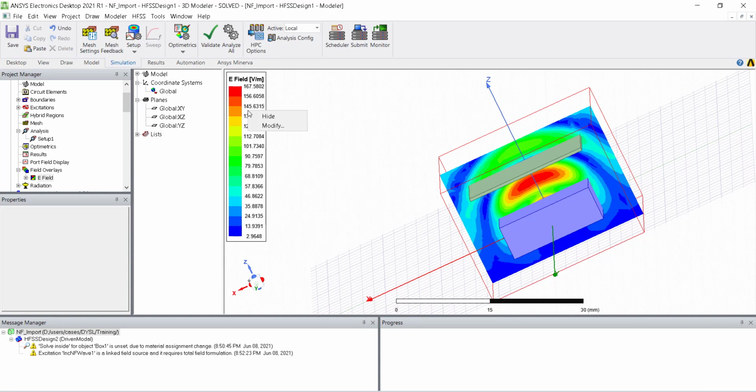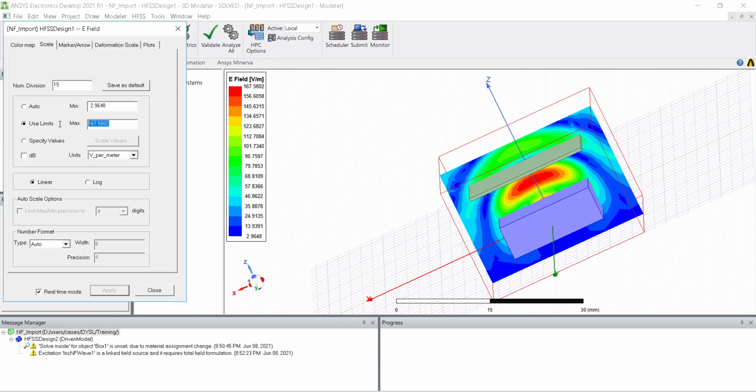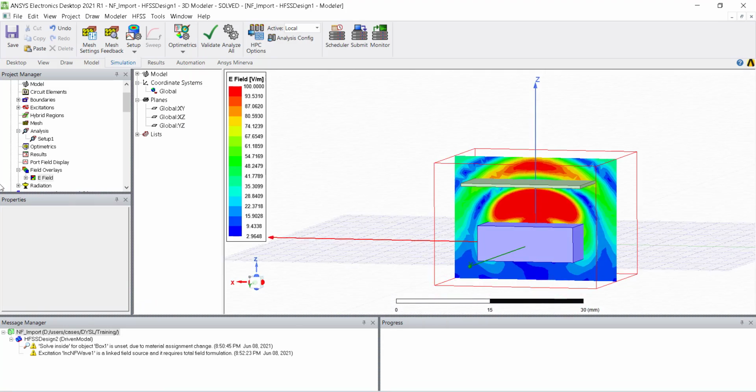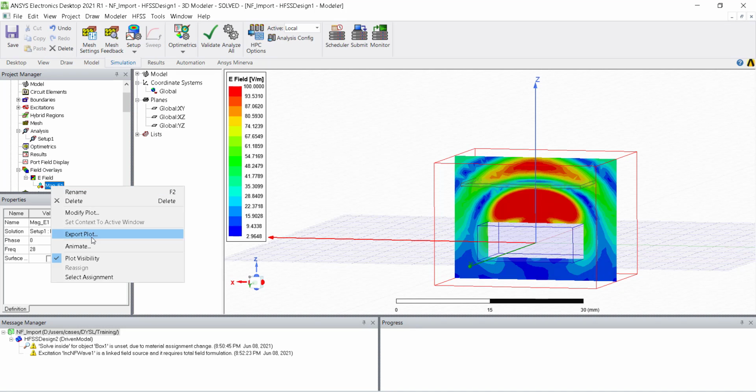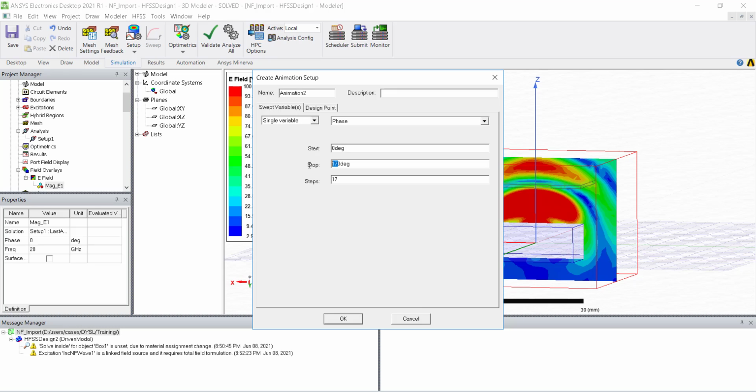If you want to change the scale, go here and change the scale of this so that you will get a very nice pattern. And then if you want to animate the field, say I want to see from 0 to 360 degrees with every 10-degree resolution.